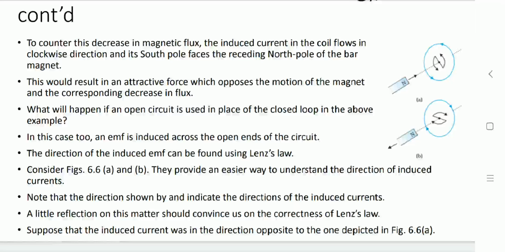If the coil is open, till now we have done this experiment with a closed circuit. But if a closed circuit is not there, then also EMF is generated. It means a potential, that is voltage, is generated. But electric current won't flow through it, because current can only flow when a closed circuit is there. So in an open circuit, EMF would be present, but electric current is not available till we close it.